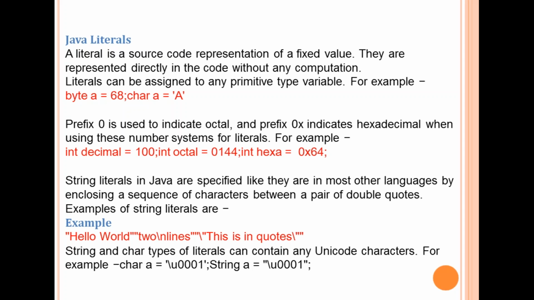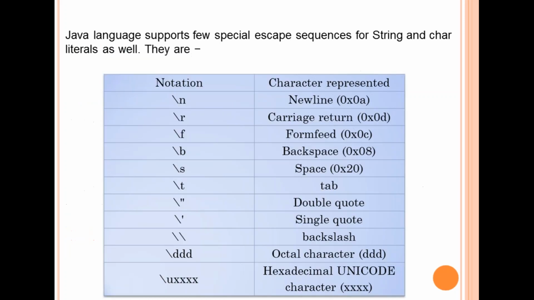Java language supports a few special escape sequences for string and character literals as well. They are the notations \n, which means new line, \r carriage return, \f form feed, \b backspace, \s space, \t tab, \" double quote, \' single quote, \\ backslash, \ddd octal character,